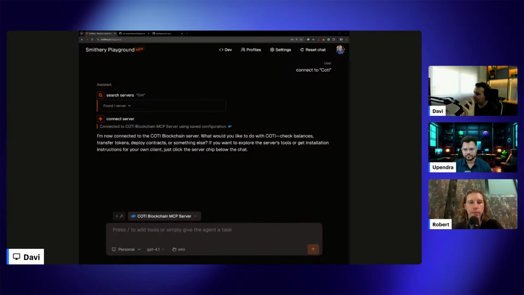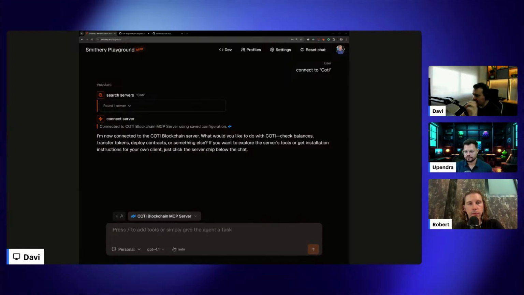It could also call any other tool, right? I'm just connected with COTI in the example, but I can add any other tool. I can have more than 10, 20, 50 tools connected. So the AI will evaluate that and see, okay, based on all the tools that we have here, is there any tool that can answer this question best? Okay, I will connect to this tool and send this to this tool. Otherwise, it will try to do it the traditional way, right? Giving you the answer. But yeah, we have no control.